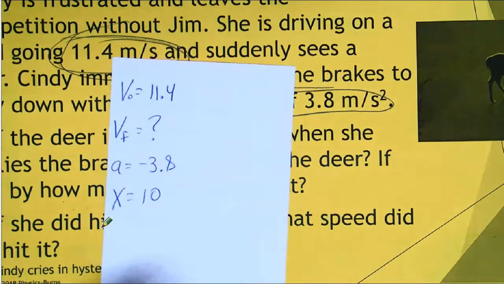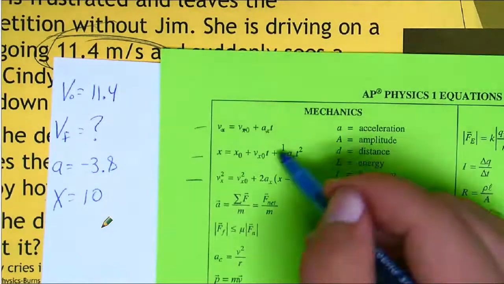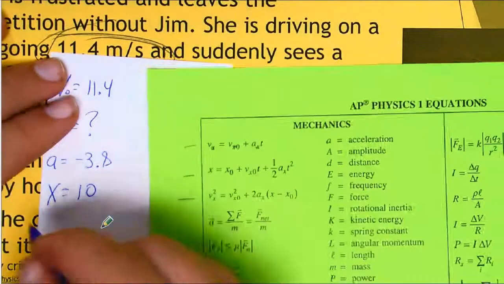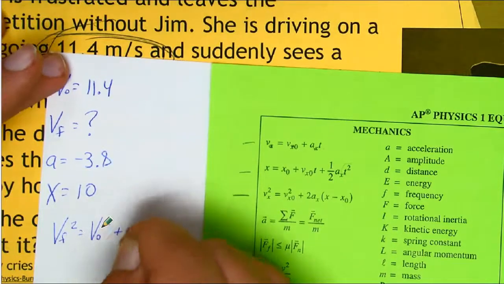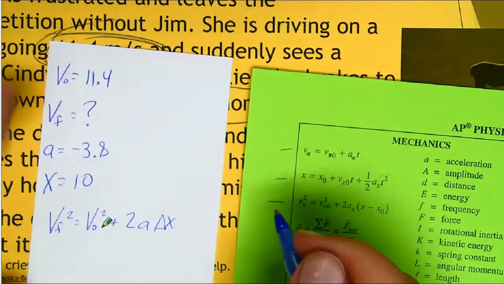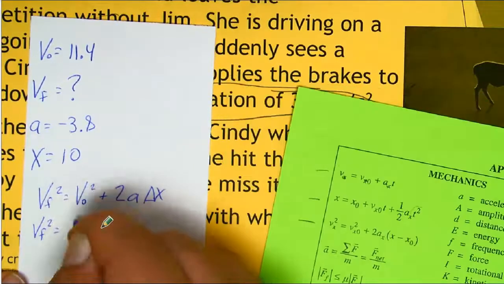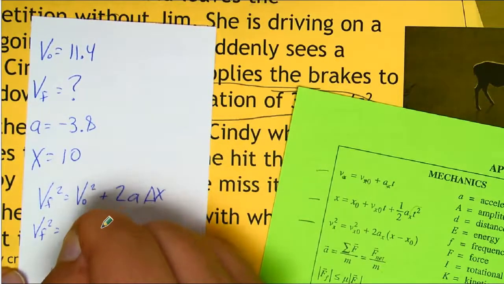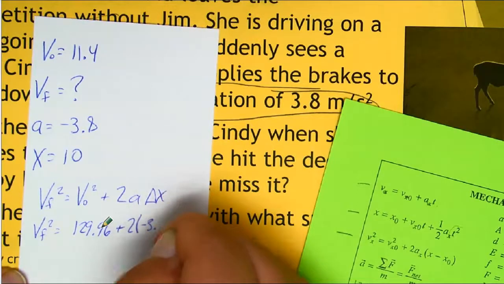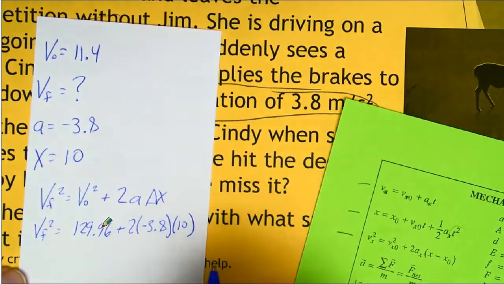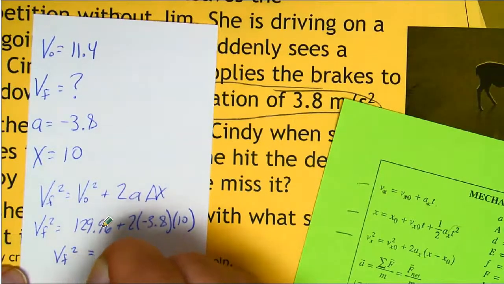Okay. All right. Now, got to look at my equations. Once again, has time. So I'm going to use the same equation I've been using. Velocity final squared is equal to the velocity initial squared plus 2a delta x. Okay. So my velocity final squared, still don't know what that is. 11.4 squared from the previous, I knew that's 129.96, plus 2 times negative 3.8 times 10. All right. And if you plug that all in the calculator, VF squared is equal to the square root of